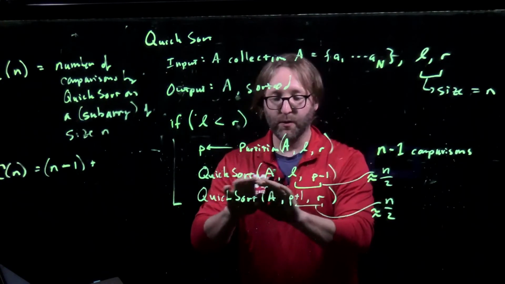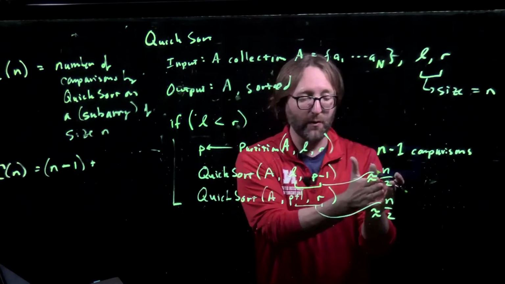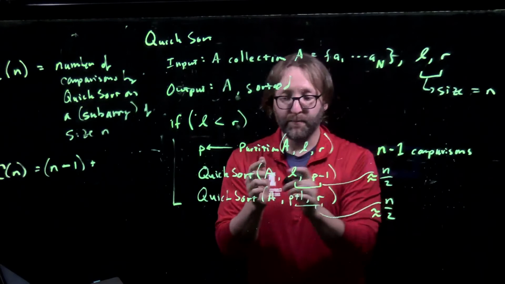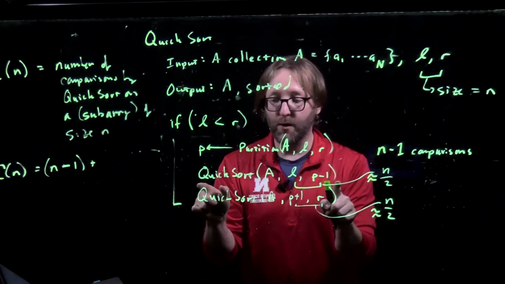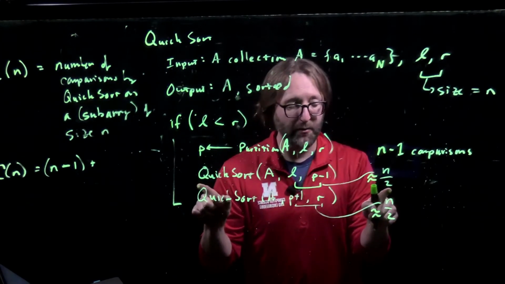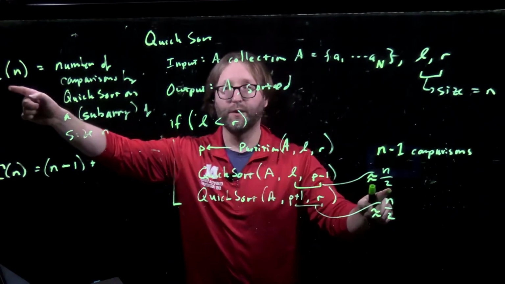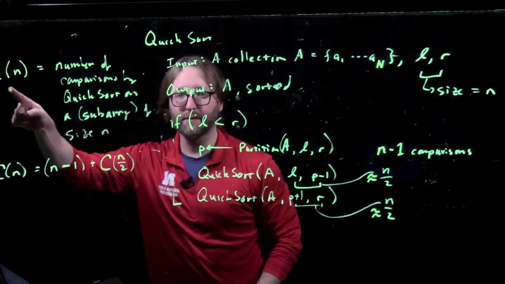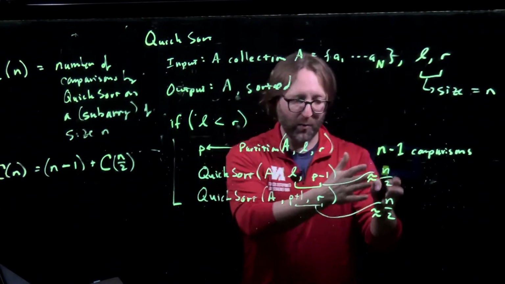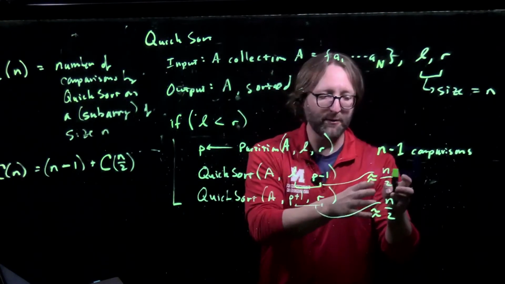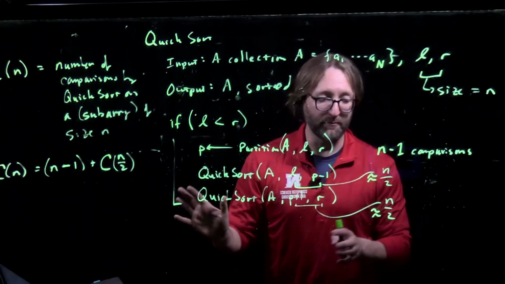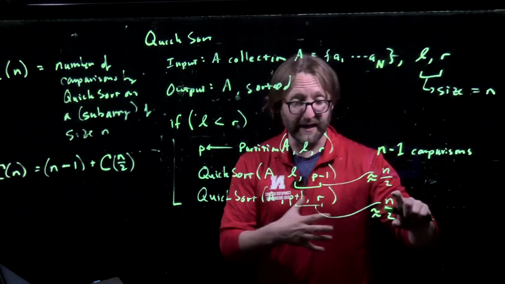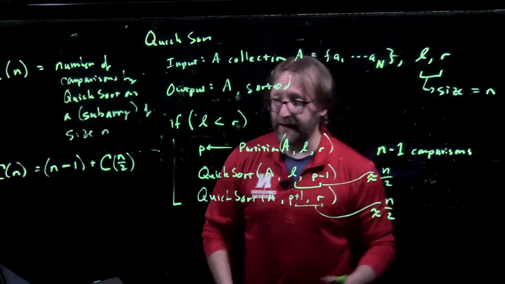It makes a call to Quicksort on the same array, but the size of it is now roughly n divided by 2. We have a function that captures that. The question is, how many comparisons are made by Quicksort on a subarray of size n divided by 2? All we need to do is apply C here, except it's no longer of size n, it's of size n divided by 2. Likewise over here, this is why I wanted to assume that it was an even split, because it makes the analysis much smoother and much easier. I'm just going to assume the same thing for the right partition, that it gets roughly n divided by 2